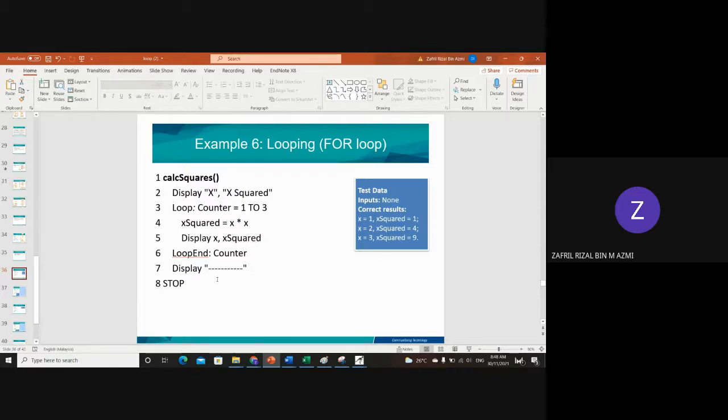Any input by user in this program? No. That's why you didn't see the statement enter input. So in line 2,